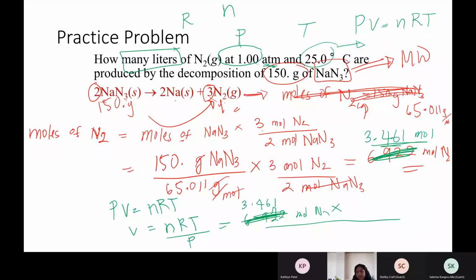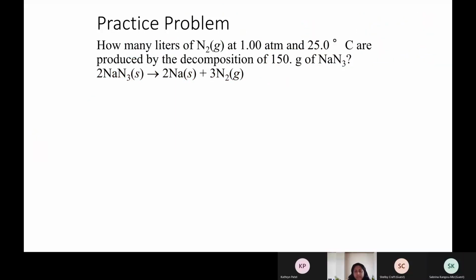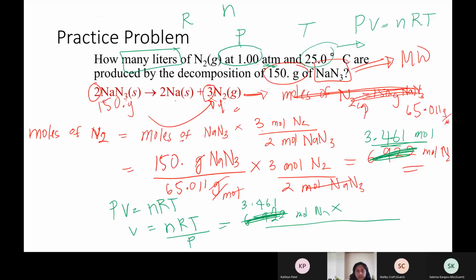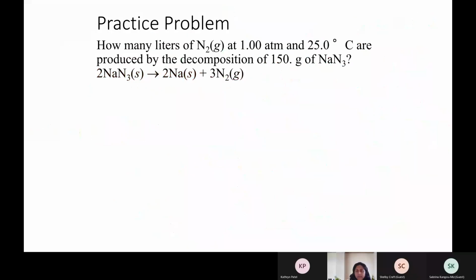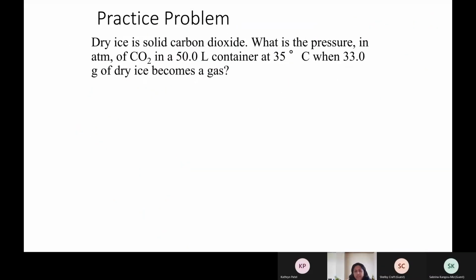All right, let me go to the next question then. I have used the same equation here. Don't worry. Okay, then I'll move to the next. Dry ice is solid carbon dioxide. What is the pressure in atm of CO2, carbon dioxide, in a